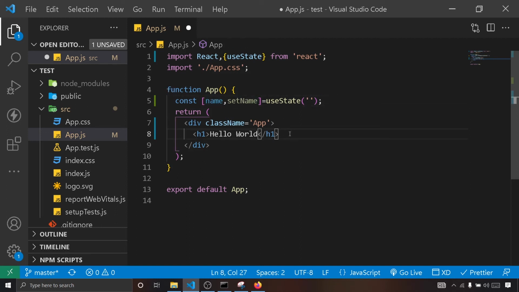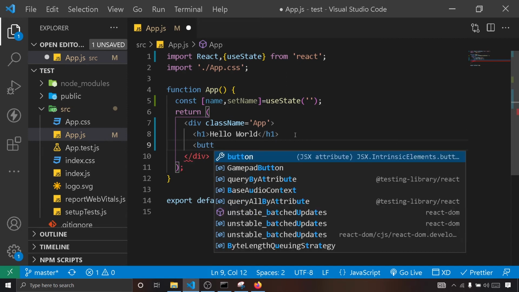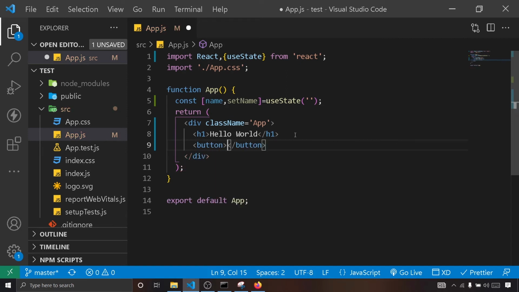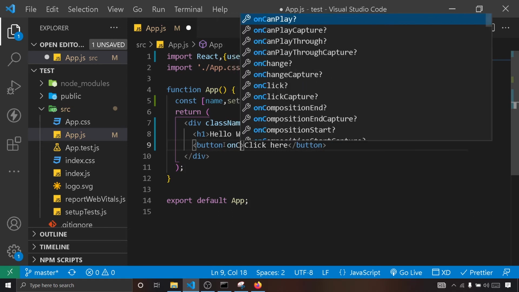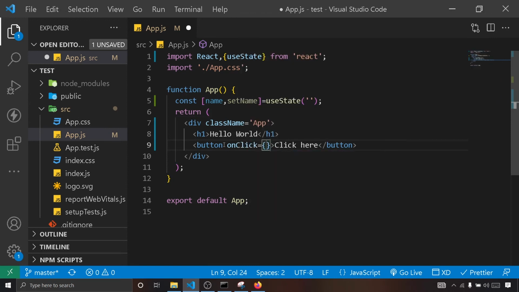Now we will create a button, and under the onClick event we will update this state at runtime. Here you create a button, name it Click here, and as you know we have the onClick event property. Under onClick we use a callback function and just call setName.